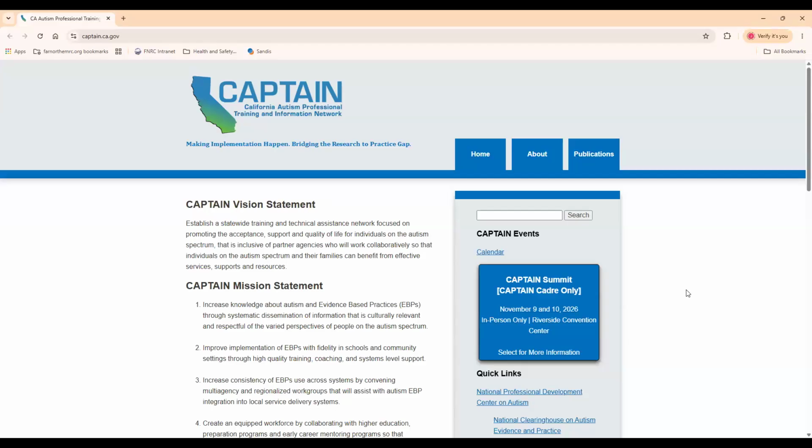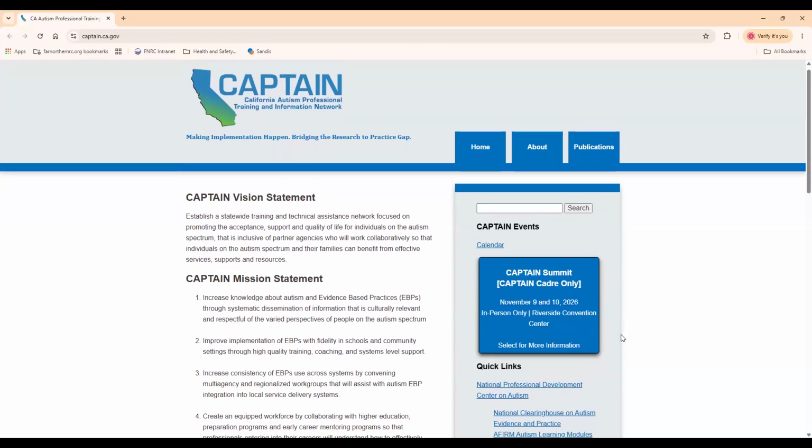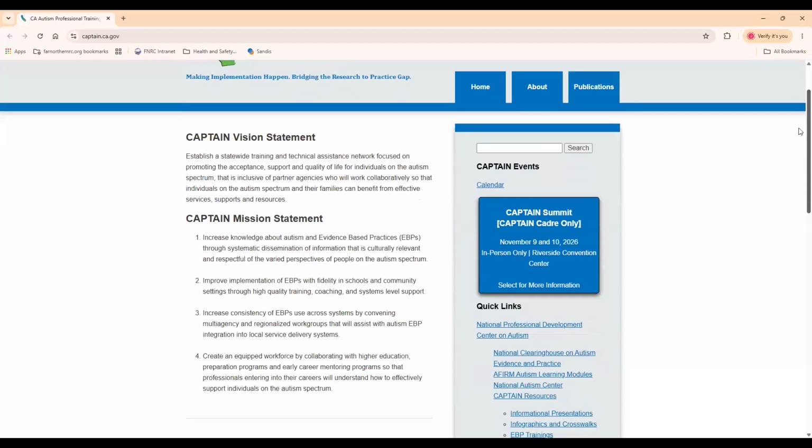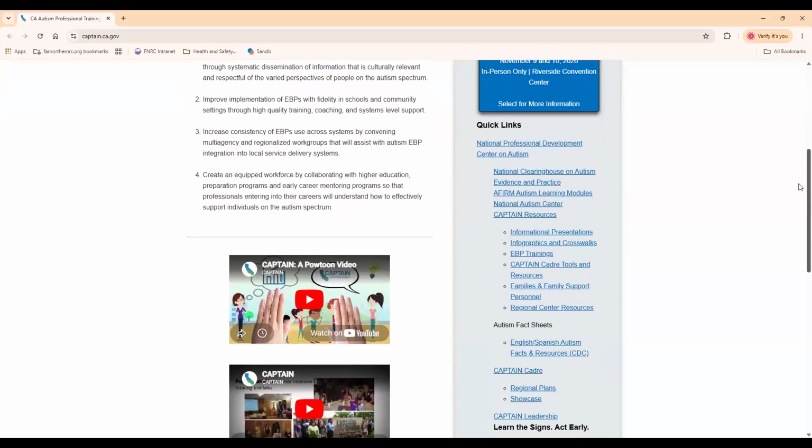So when you log on, this is what the website looks like. It is an invaluable resource. I really hope that you all take this information back to your team and disseminate it so that they're able to access these resources as well. If we scroll down here, oh, my mouse isn't working, sorry. If we scroll down here,